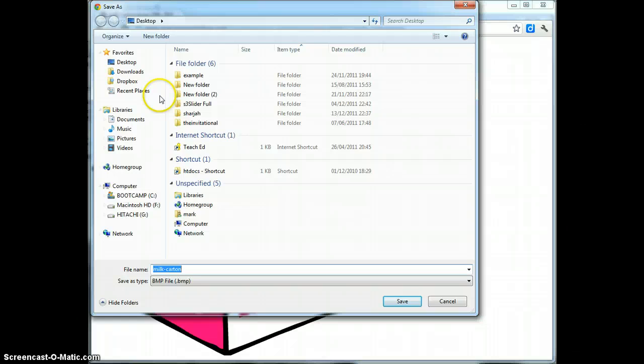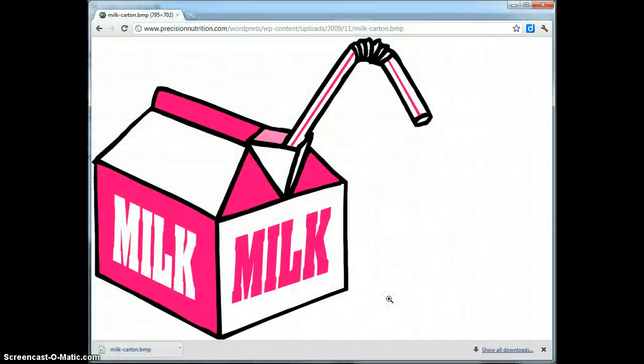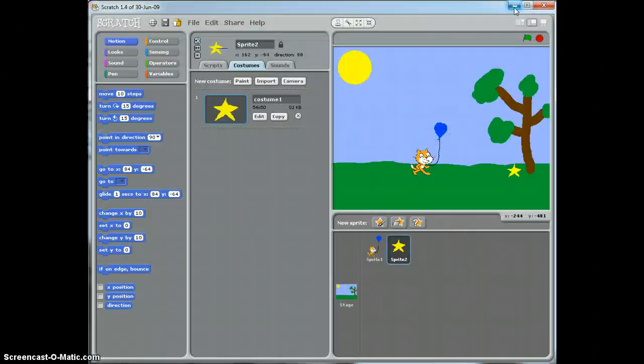It'll ask me where I want to save it, and to keep things simple, I'm just going to save it on my desktop, and I'm going to leave it called milk carton and press save. There we go, and that's downloaded that picture. So now I've actually got my picture from the internet. I can go back to Scratch, click on this choose new sprite from file,